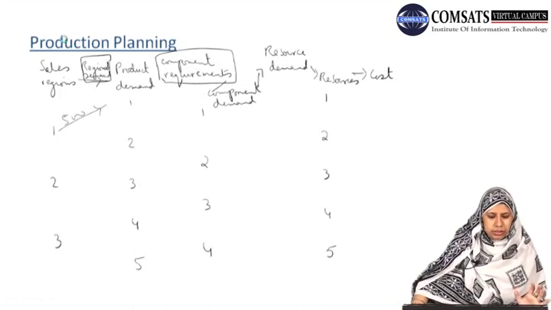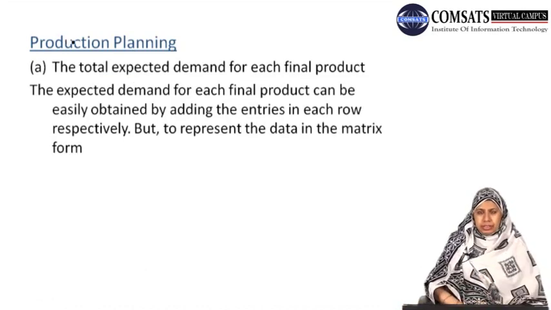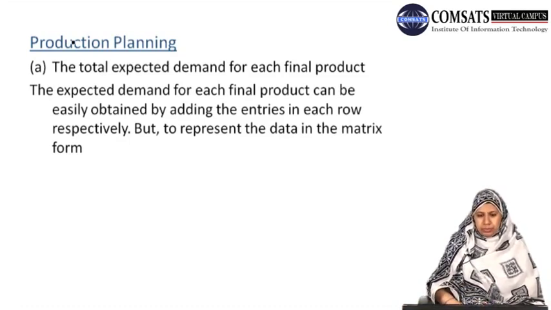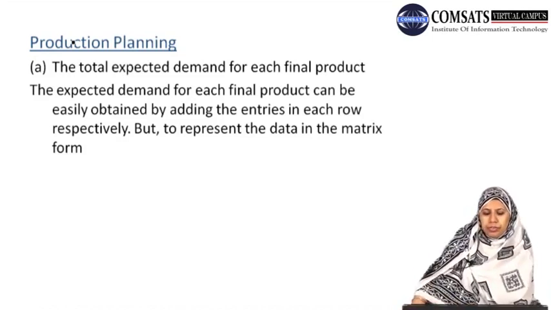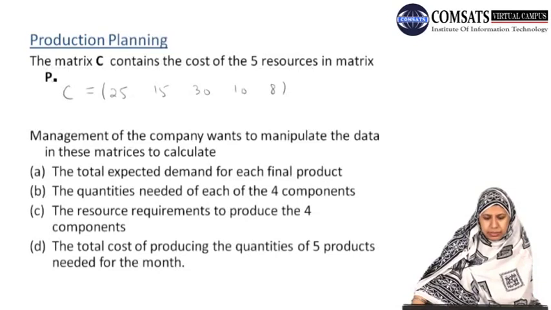Now we start by solving the first thing which the company is interested to know, that is the total expected demand for each final product. The expected demand for each final product can be easily obtained simply by adding the entries in each row. If we go back to our first matrix S,